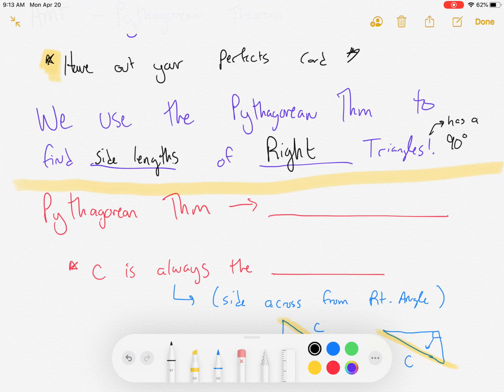Many of you can recite the Pythagorean theorem off the top of your head. It has 3 letters, A, B, and C. I hope that's ringing a bell for some people. It is a squared plus b squared equals c squared. Key about this is it doesn't really matter what you pick for your a and b values as long as c is always the